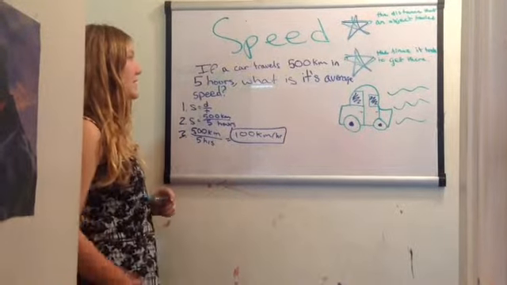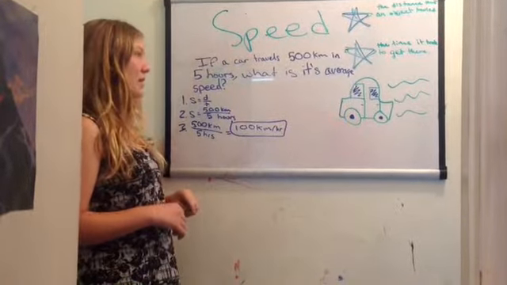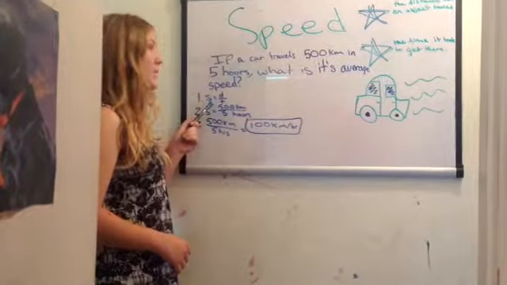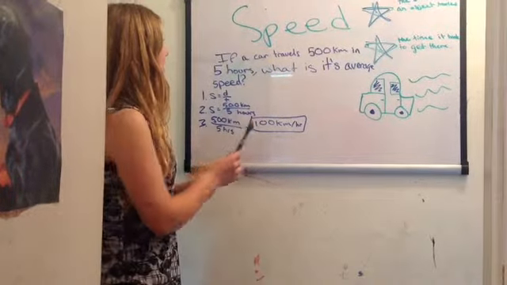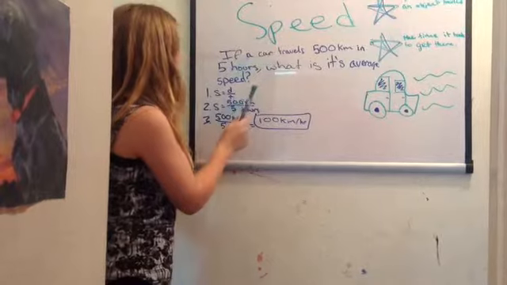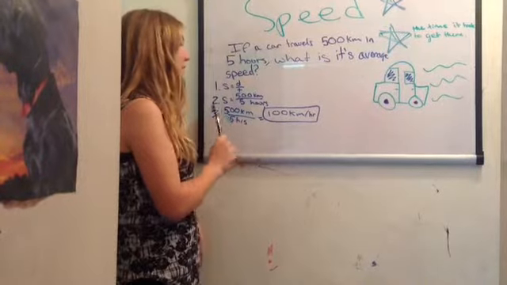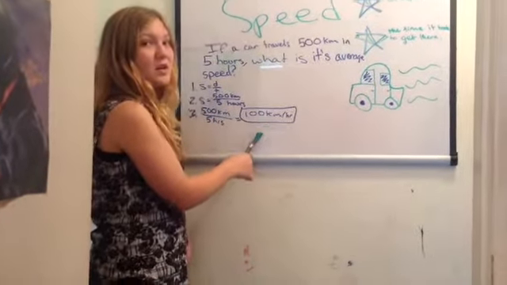For example, if a question asks, if a car travels 500 kilometers in 5 hours, what is its average speed? First you would know speed equals the distance over time. So, the speed would be 500 kilometers, which is the distance, divided by 5 hours, which is the time. So, 500 kilometers divided by 5 hours would equal 100 kilometers per hour. Speed is how fast an object moves, the rate it covers in a distance. Velocity is the rate an object changes